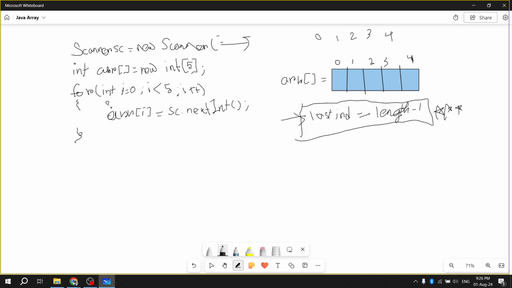Also we can provide System.out.println enter value to give the message to the user that what we have to do. This is the way we can take input from the user. Now the thing is how we can print all the values. To print all the values, we also use the same loop